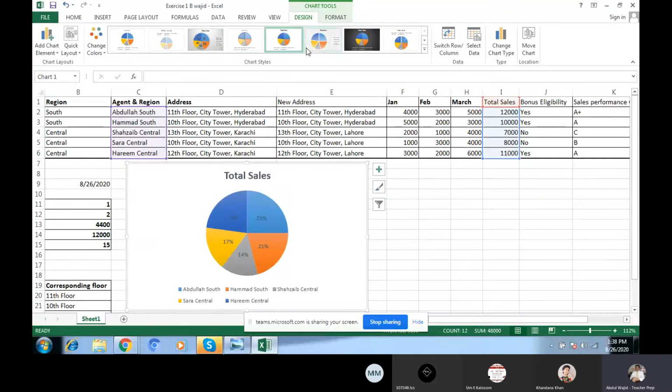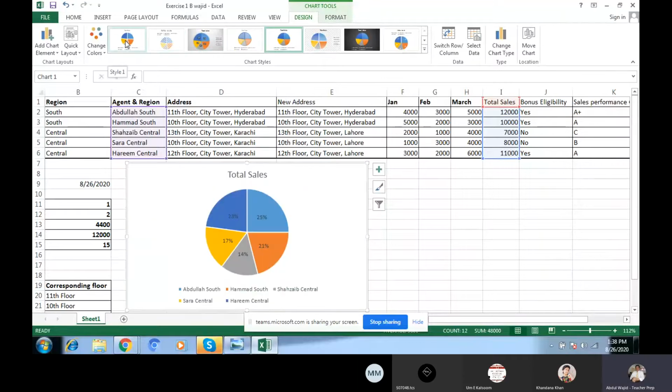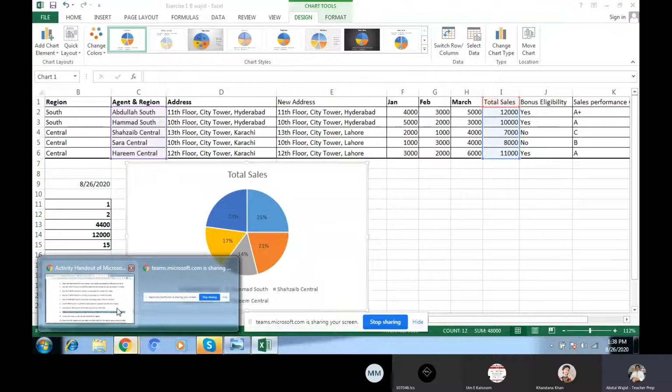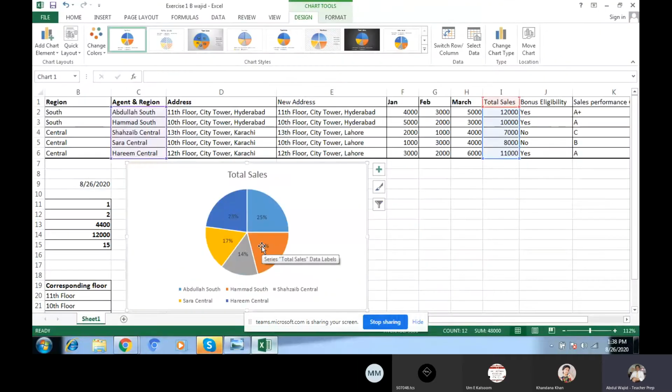Whichever label you want to give, just like that, simple. Okay, it's correct. Okay, we will go again. The data label and also the legend are there. You see, this is called data labels. These are the data labels and this one is the legend, right?